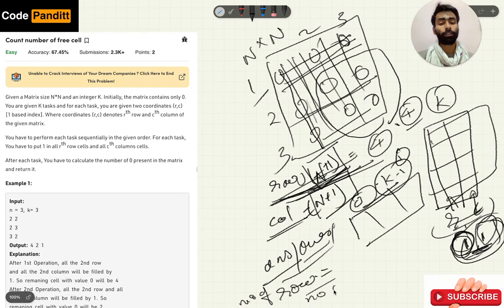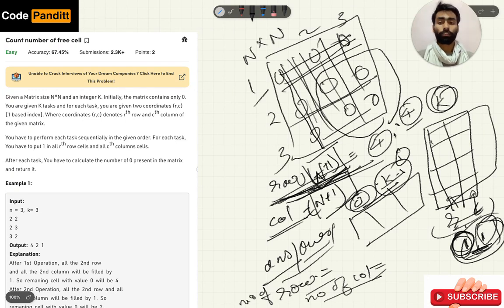Likewise, after every unique column that is not already filled with 1, that we filled with 0 and are now filling with 1, we will increment the number of columns. So we need to perform these two tasks, checking if the row and column are already filled with 1 and incrementing the number of rows and columns, from 0 to k minus 1, that is k times. In this way we will check for every task, the total tasks given being k.